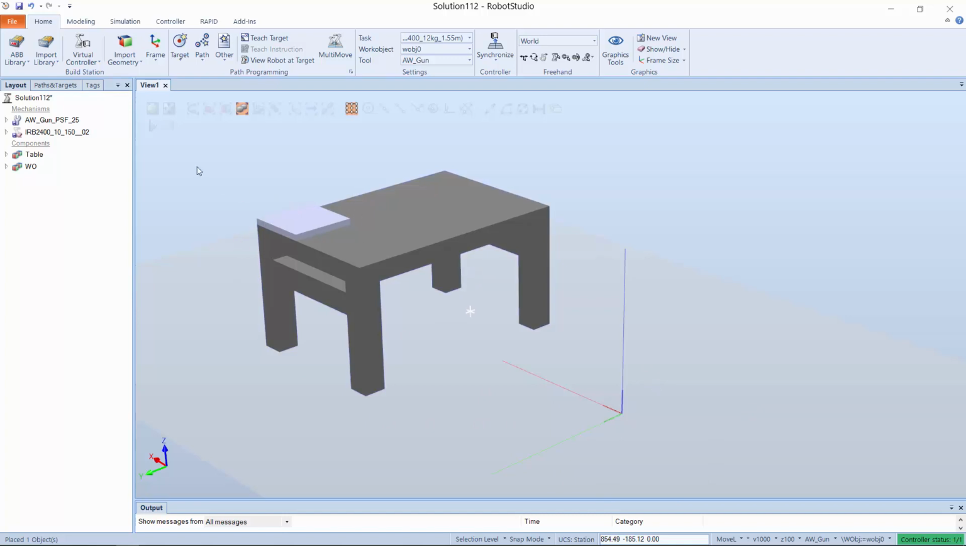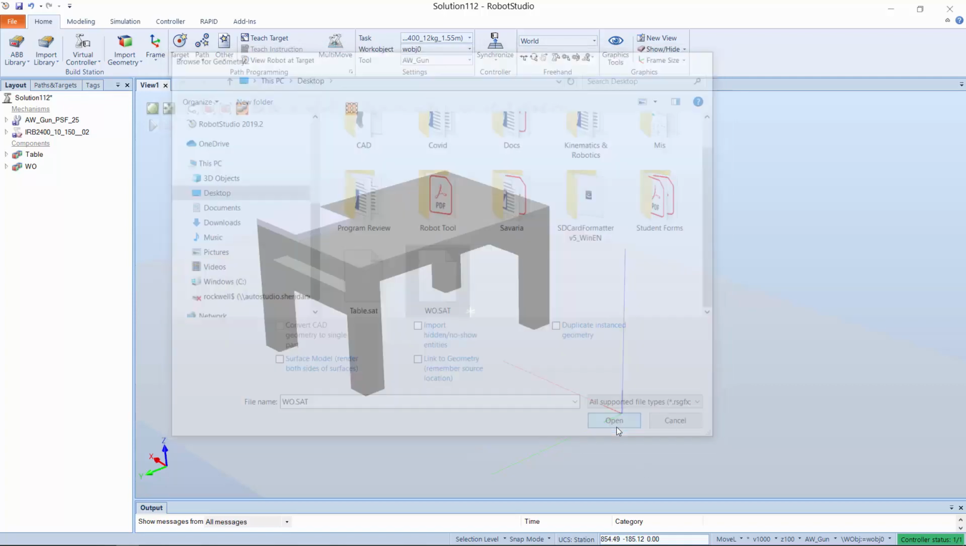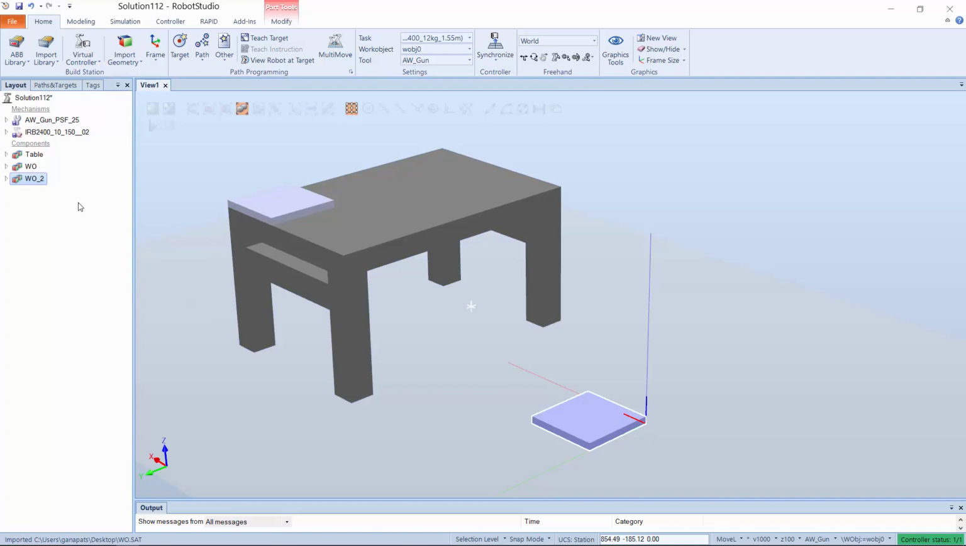So let's add a second block. I'm going to do the same thing. I'm going to go to import geometry, browse, and use the same file again. So wo.sat, click on open. And we're going to do the same thing, position. So select the second block, right click,